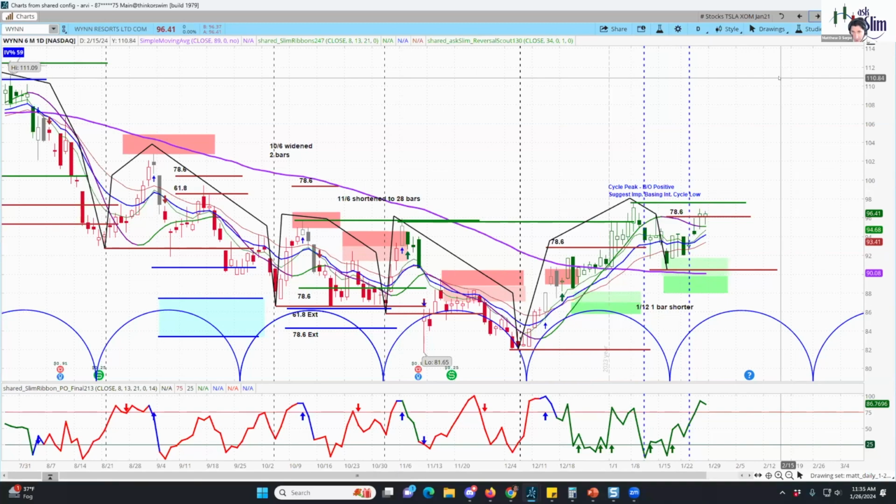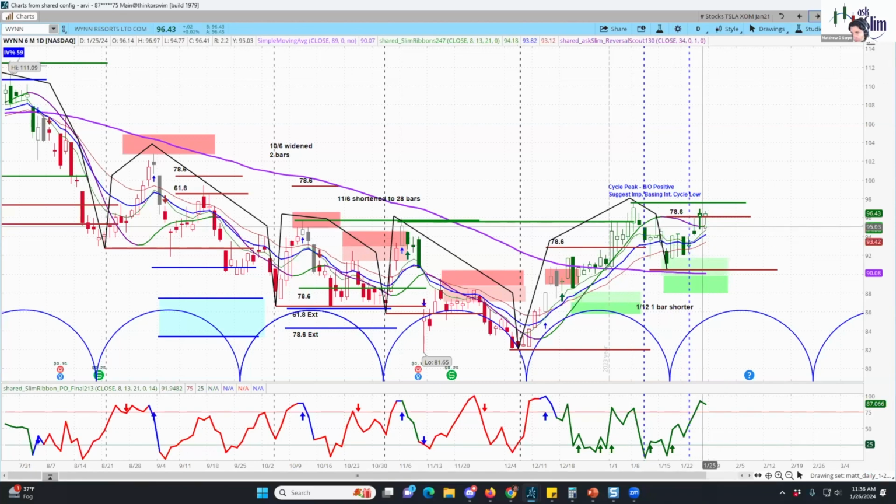Now that is up to each one of us to determine what those are. Typically, I like to look for momentum confirmation signals, price breakouts predominantly. So we had that cycle low that occurred, and today you can see the reversal scout just starting to turn up. So that would be an indication that the continuation of this rising phase is likely in motion, and this could be a signal that would suggest a trade is a go. Again, all depends on your trading style, but this would be one that I'd be looking for.